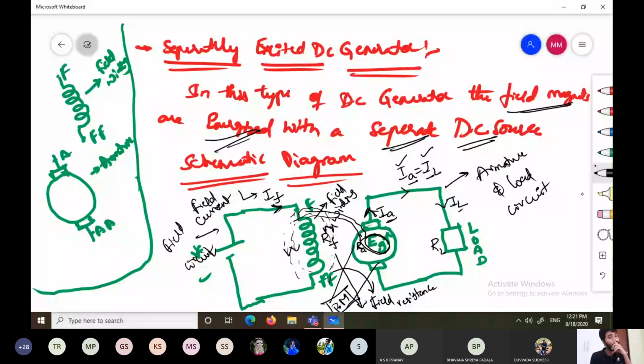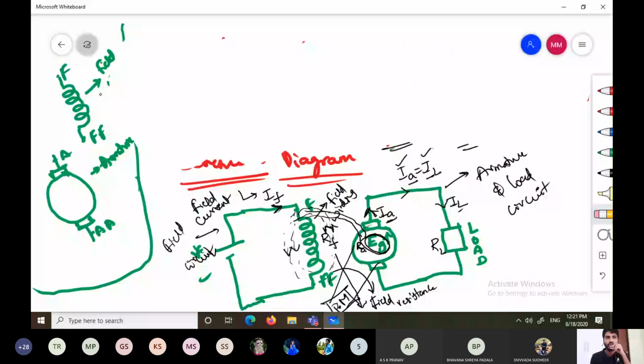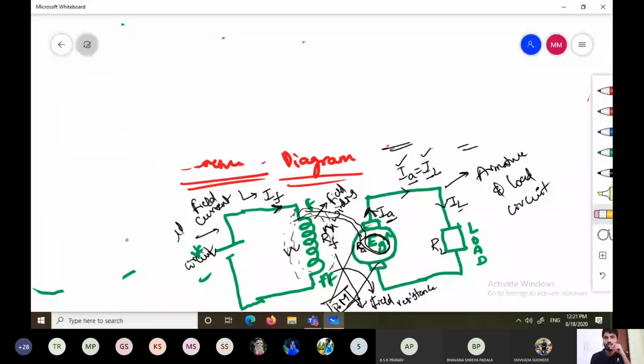Okay, now there is a simple one, as the EMF is induced in an armature. Now I want an EMF equation. By using KVL, the algebraic sum of voltages around a closed loop must be equal to 0. So by using KVL, we can easily find out the EG equation for this type of generator.